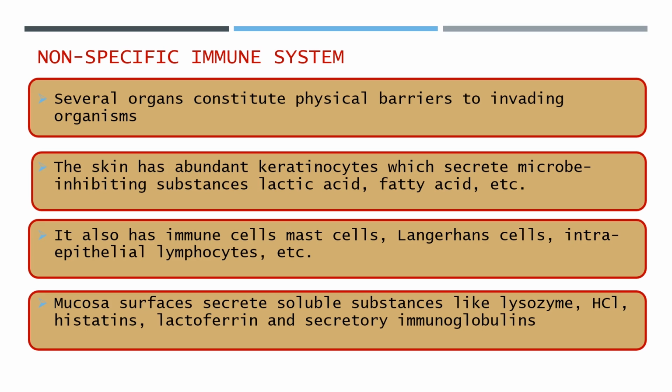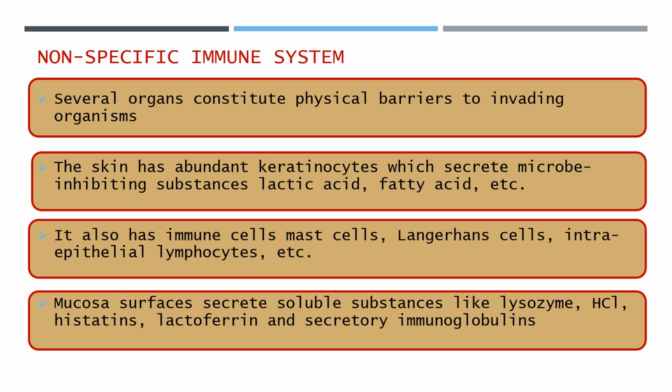Apart from these soluble substances, the skin also has a lot of immune cells. For example, the mast cells, the Langerhans cells, intraepithelial lymphocytes, and the major function of all these different types of immune cells is to attack any bacteria or fungi or any other form of microbe that are able to penetrate into the skin. The function of these immune cells is to phagocytose them, like imbibe them and destroy them and render them powerless before they are able to penetrate and control the immune system of the affected individuals.